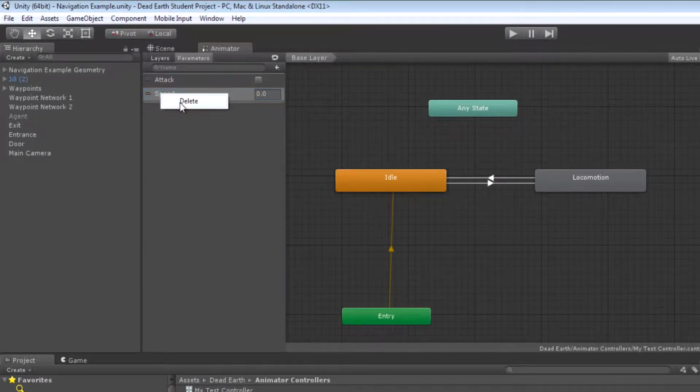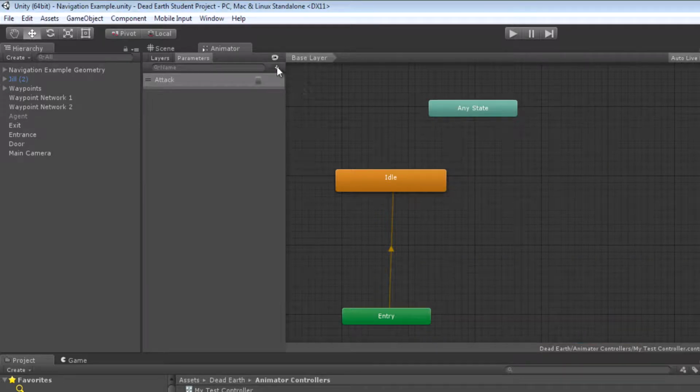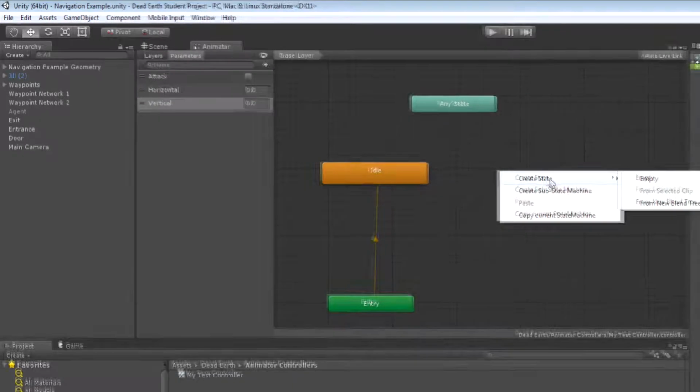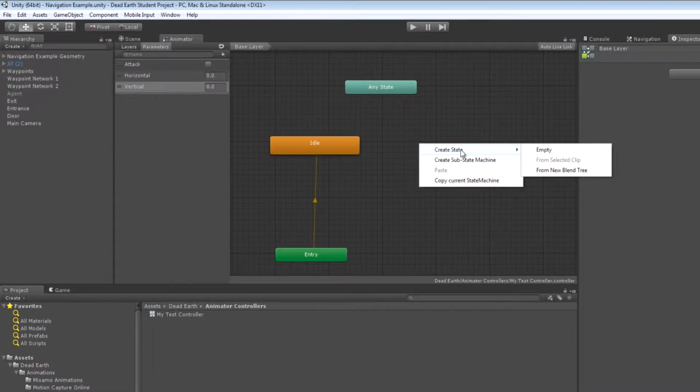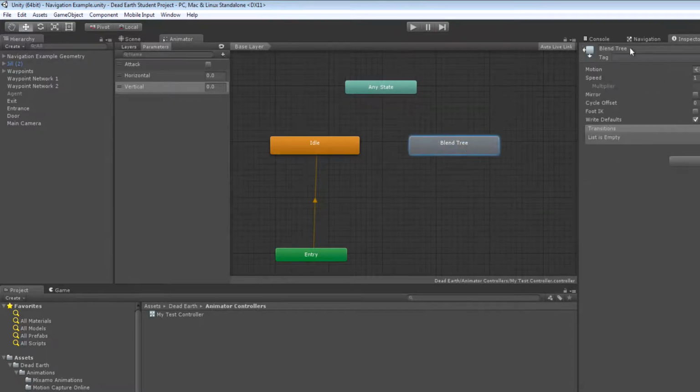So I'm going to delete my speed parameter, I don't need that anymore. And I'm also going to delete my locomotion blend tree, we won't need that anymore. And I'm going to create two more parameters, both of type float. The first one I'm going to name horizontal, and the second one I'm going to name vertical. Then I'm going to set up a new blend tree by right-clicking in the animator window, choosing create state and choosing from new blend tree. And I'm going to rename that